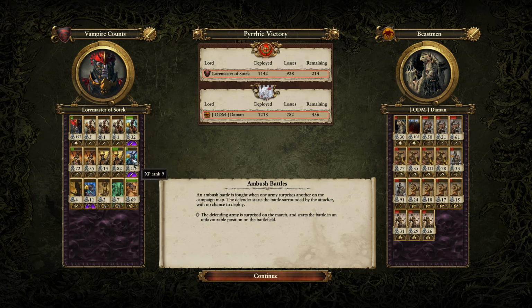Just with that constant regeneration, and they hit so well, and with the anti-infantry bonus, it's just huge. These guys are great in this matchup. They will just chop through most beastman infantry for a long time. Of course, you do have to worry about getting charged by Centicores or great weapons,